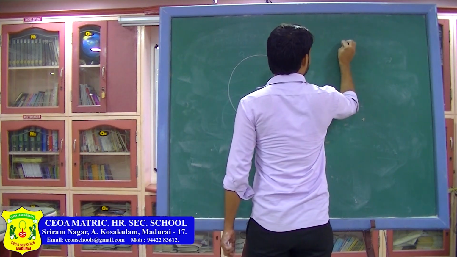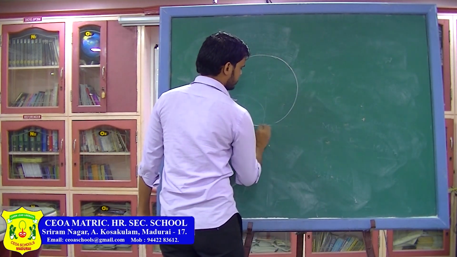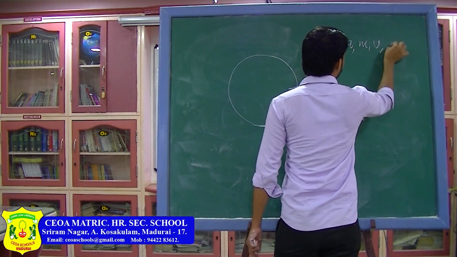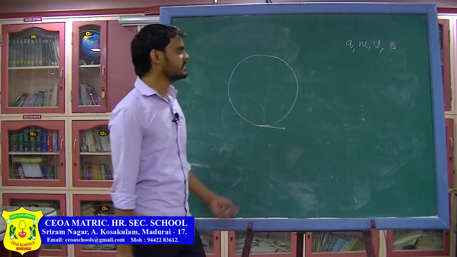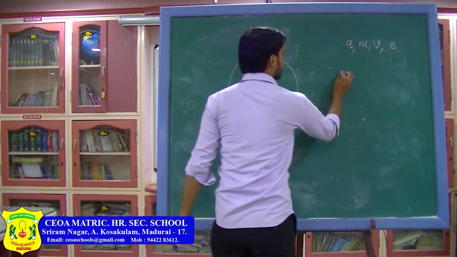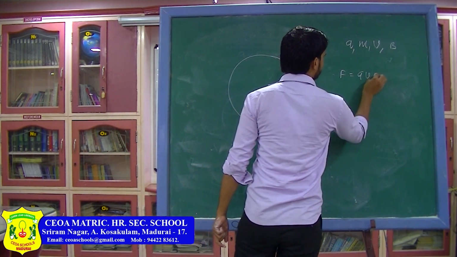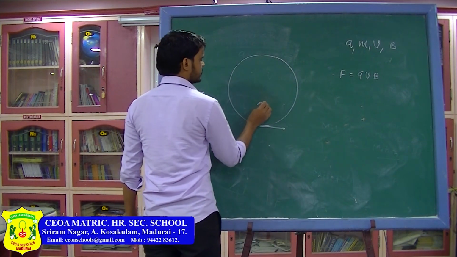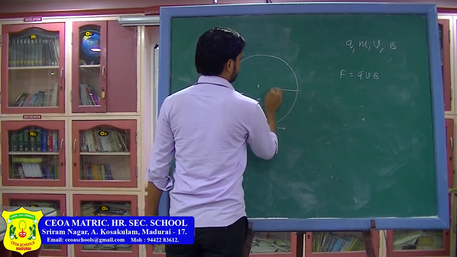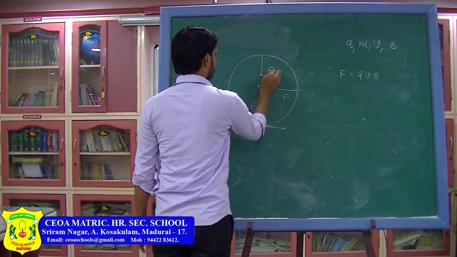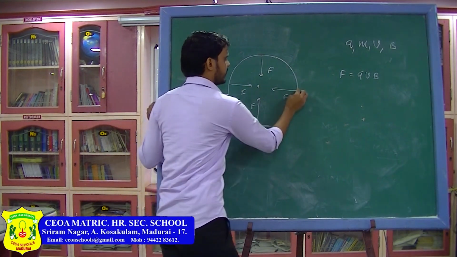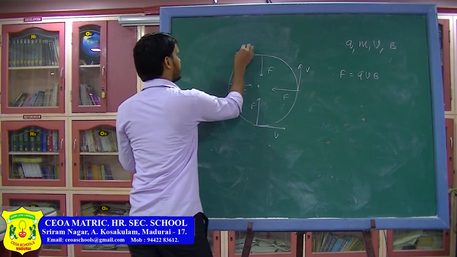Suppose the particle which is moving has charge q, mass m, speed v, and the magnitude of the magnetic field is B. So these are the quantities which are given. Now we are going to derive some formulas. The force on the particle can be written as qvB. Here the force will be towards the center of the circle, and the velocity of the particle, magnitude wise, will remain v only, it is not going to change.